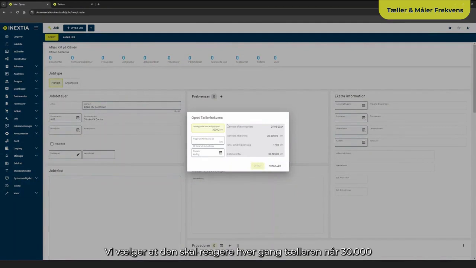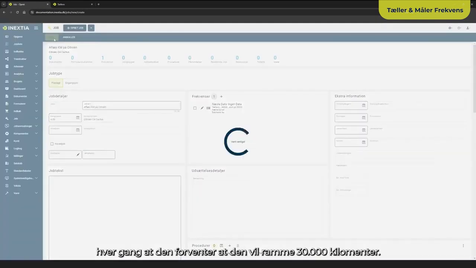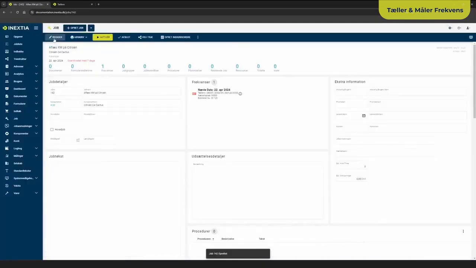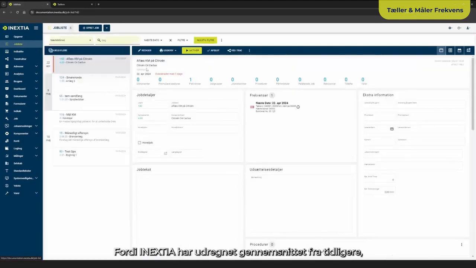We choose that it should respond every time the counter reaches 30,000 and should start at 30,000 kilonewton. When we create the job, INEXTIA will attempt to trigger the job every time it expects the counter to reach 30,000 kilonewton. Therefore, the job we have created now is already overdue by 7 days, even though the counter has not reached 30,000 kilometers. Because INEXTIA has calculated the average from before and determined that it should have reached 30,000 approximately 7 days ago,